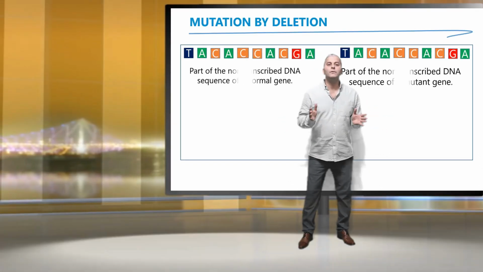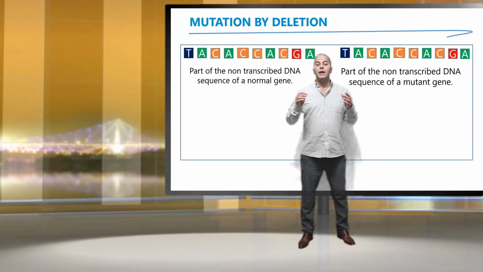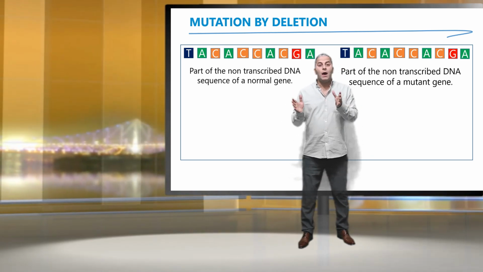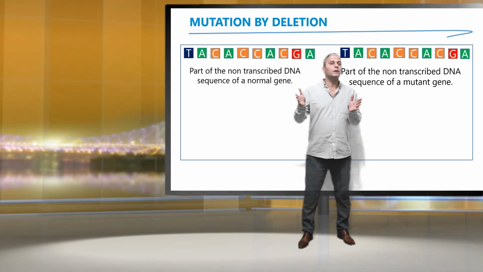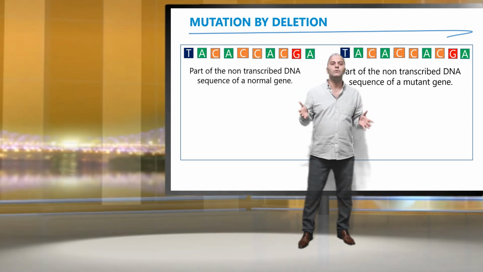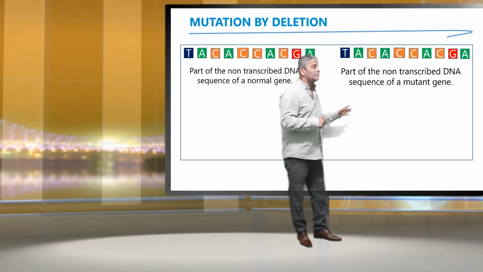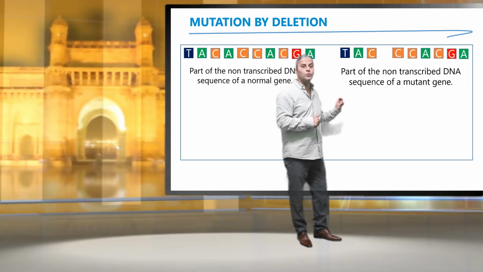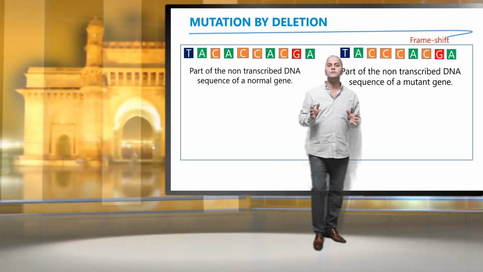The second type of gene mutation is mutation by deletion. In mutation by deletion, one or many nucleotides are removed. If we talk about point mutation, one nucleotide will be removed or deleted. In this example, A is removed, causing a frame shift within the sequence. And as you know,